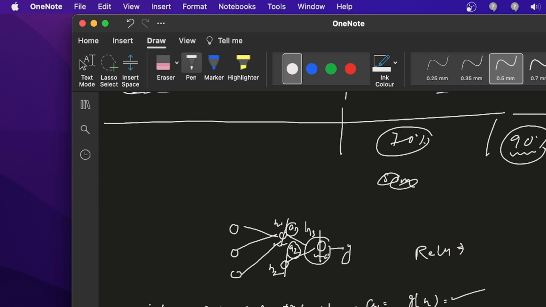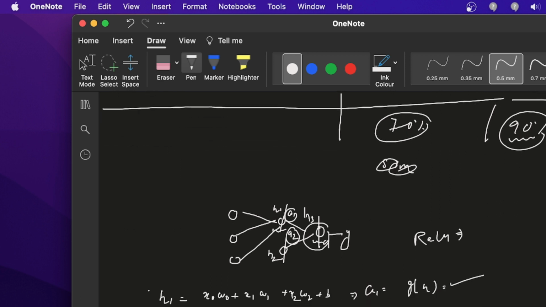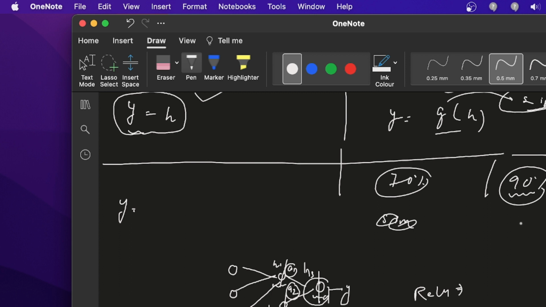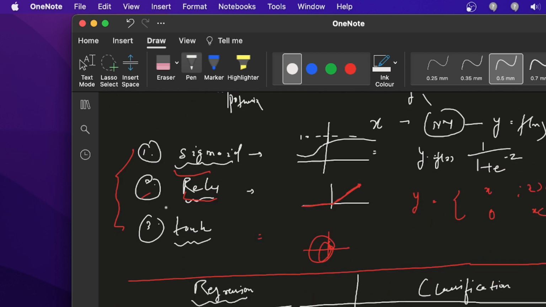Again you will pass it to an activation because you are solving a classification problem. This time I am going to use sigmoid as the activation, and you pass this H3 there and you will get a value between 0 and 1. So what's the benefit? Because you are increasing the number of parameters, there is a very high chance your equation will be more complex, and it is better at solving very high level problems which are not solved by the other algorithms.